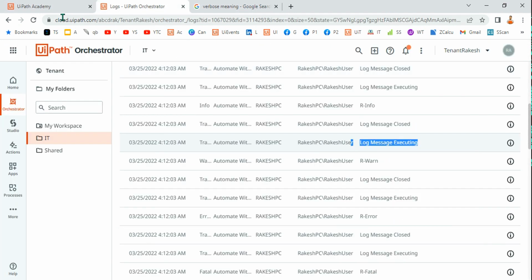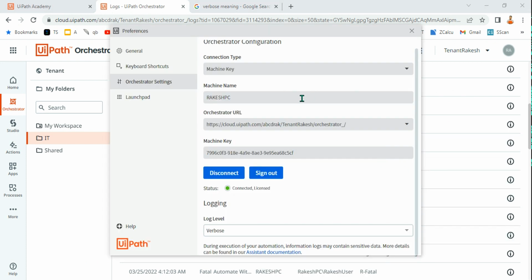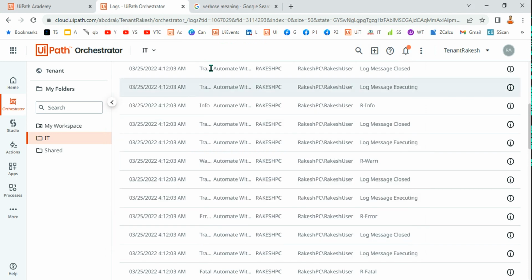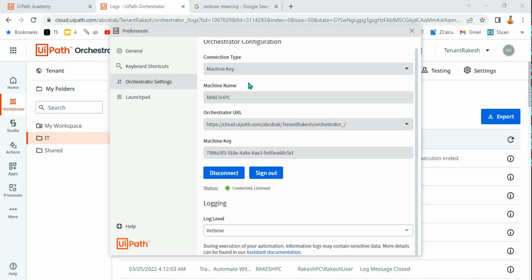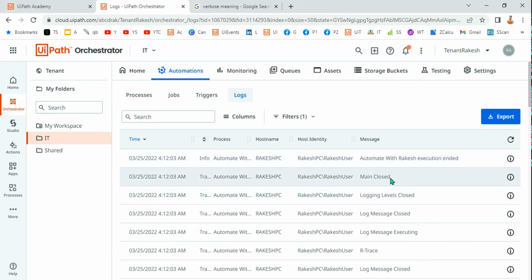Only in production, if somebody tells you I need all the details, then set it to verbose. Now you will say, Rakesh, when we have built a project and we'll be sending it to all the users, do you think I will go to all the users and tell them, hey, go and set it to verbose? Is there something available within Orchestrator where I can change it? Correct, no? That is also correct. Is it possible? Because it is there on my system, I'm able to make changes and show you a demo. But if I need it from the customer systems,